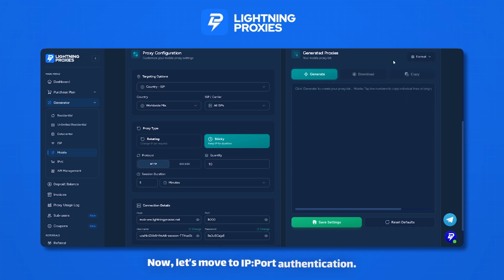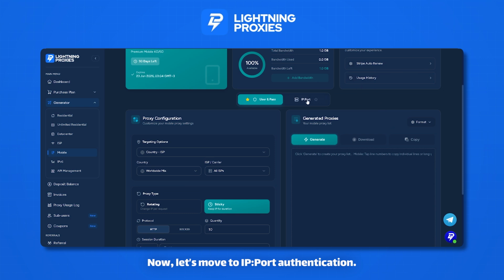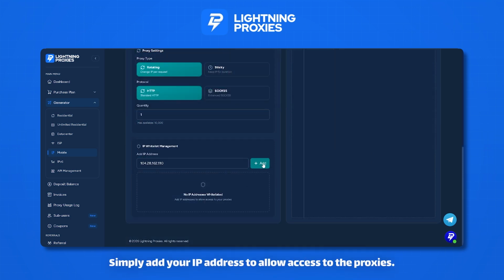Now, let's move to IP port authentication. Simply add your IP address to allow access to the